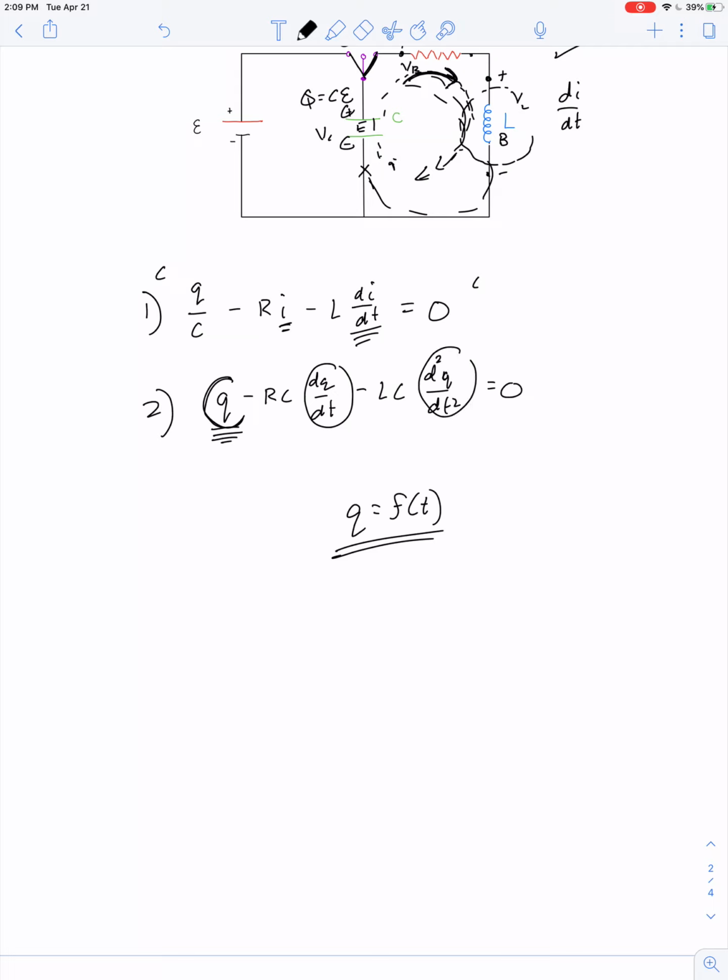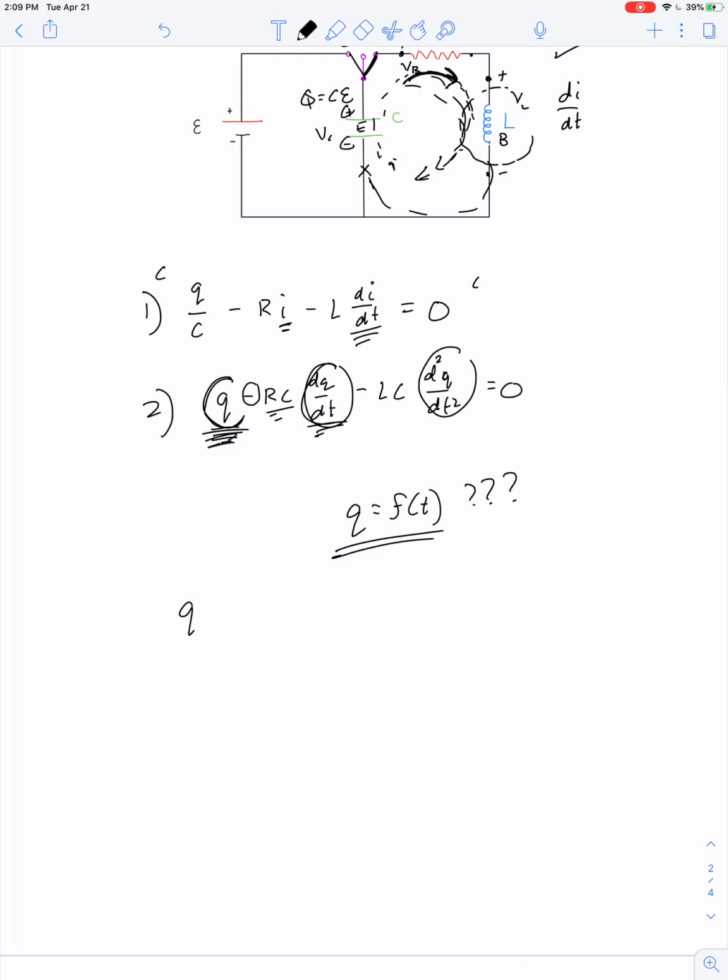So functions that have a direct relationship between their own expression and the first derivative are exponentials. In fact, here it's a negative constant multiplied by the first derivative. So what type of function can I take the first derivative of and get a negative constant times that very